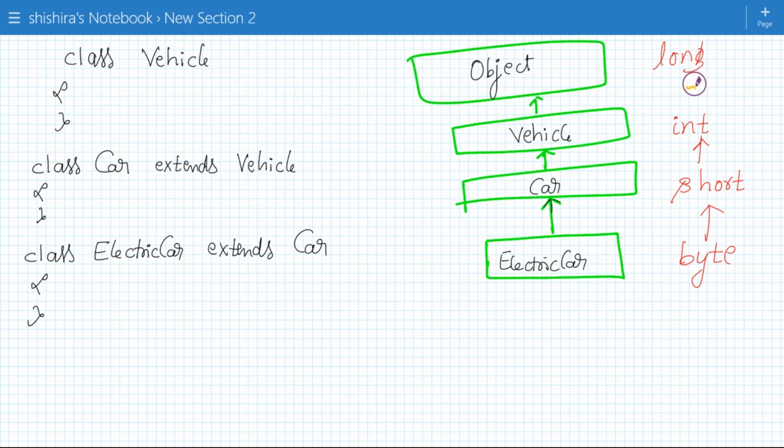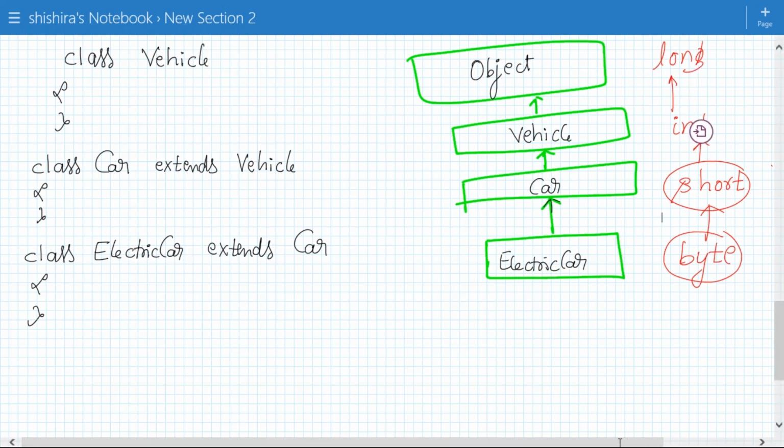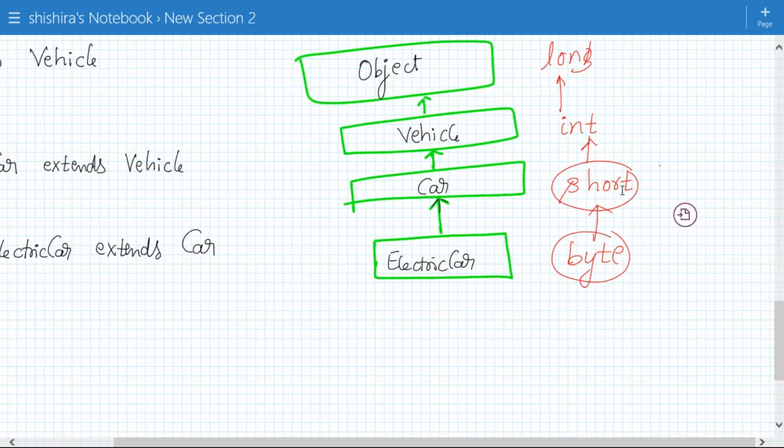So basically bigger than the integer is long. This is only for comparison purpose. So we can easily understand, okay, this is going to be very tricky now. Please observe, don't deviate, concentrate. We have a data type called byte. We say bigger than byte is short. What factor makes you say short is bigger than byte? The only factor which decides that short is bigger than byte